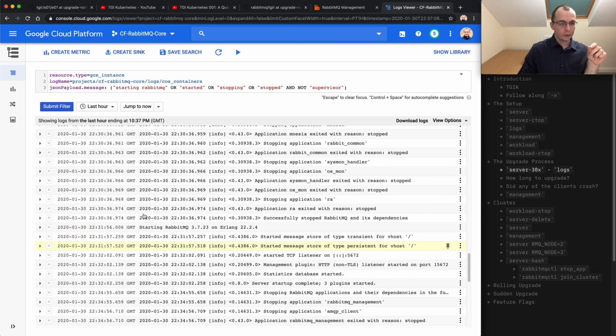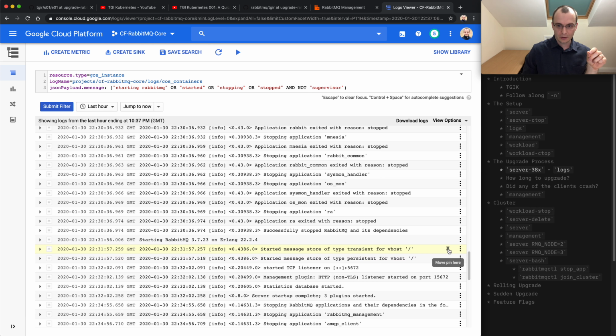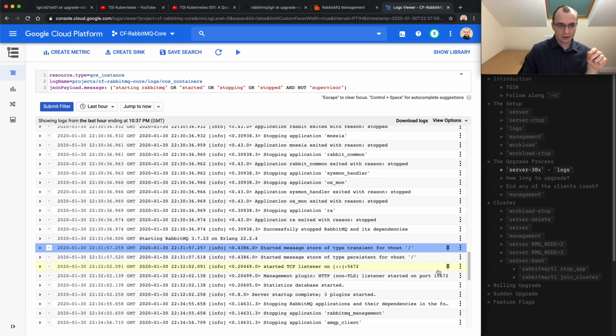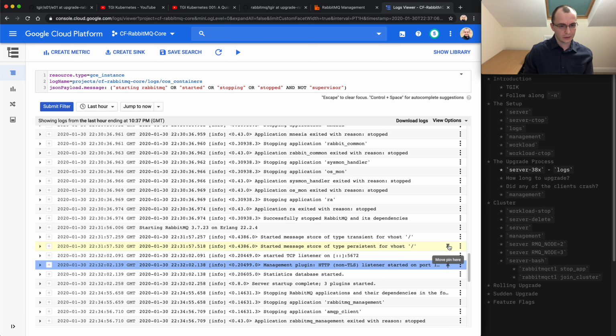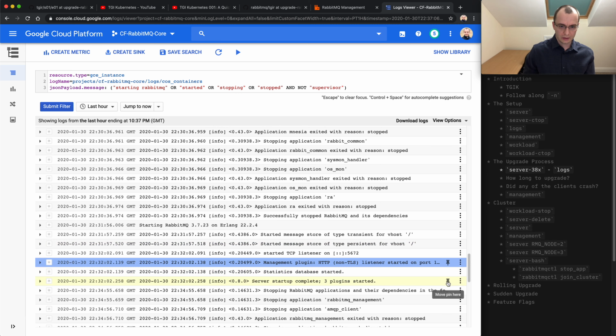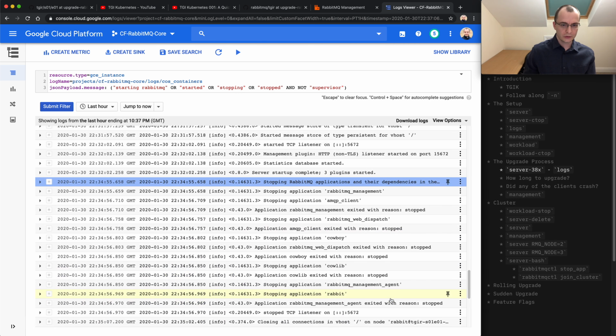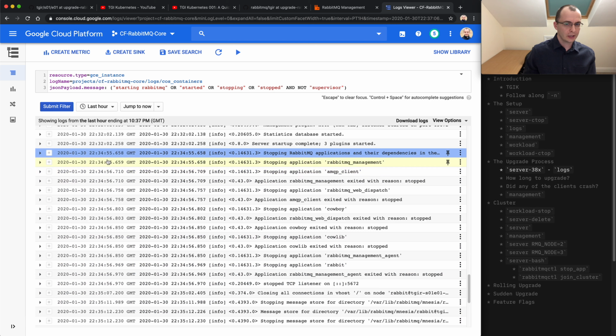So when we triggered stop app starting, did I miss it? No, I wanted to pin it. Can I do multiple pins? I thought I could do that. No, apparently I can't. Okay, that's okay. So started, server startup stopping. I wanted to see the time that it took between initiating the stop app and RabbitMQ actually stopping, and that will show us how long it took to go through the entire